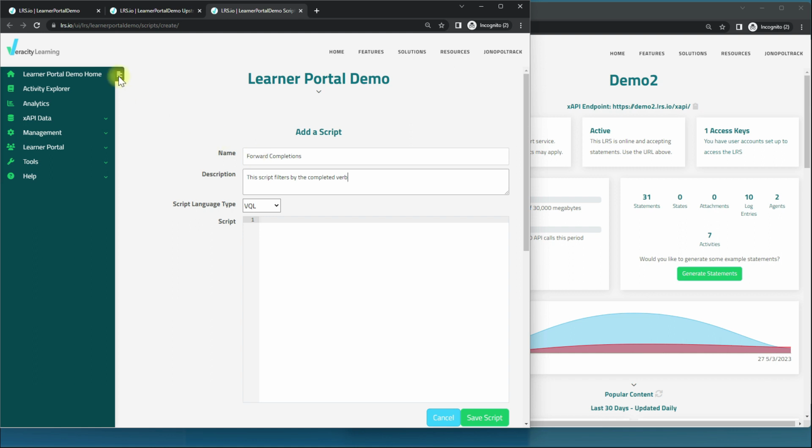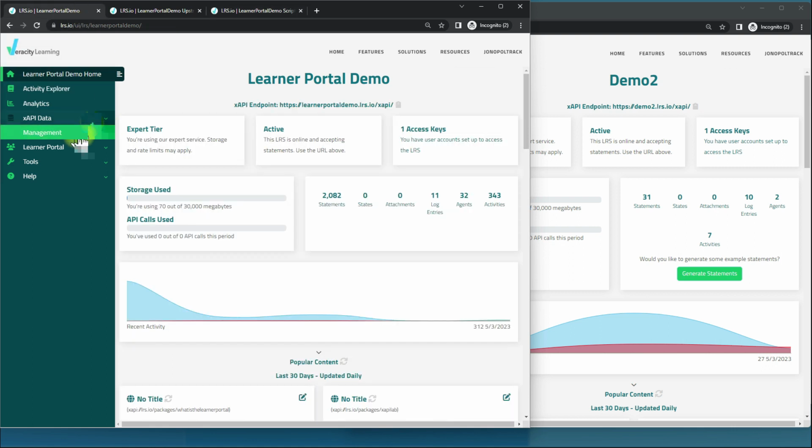So all we're going to do in this case is write some VQL here. It's going to be an object. It's going to have a filter stage. Again, I'll get into some of the syntax in future videos on VQL. It's definitely its own topic. Filter has a sub-object, and what we're going to say is that our verb.id is equal to some value. And I just don't know it off the top of my head, so let's go into